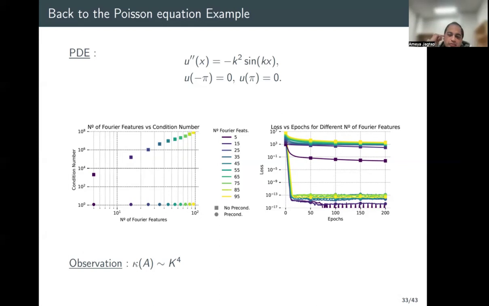This is with and without preconditioning, right? Yeah, they're two different plots. No, I'm just talking only about the cluster of plots on the top. So within that cluster, as you go on reducing your Fourier features, you must expect better and better error in your training. Is that right? Exactly.